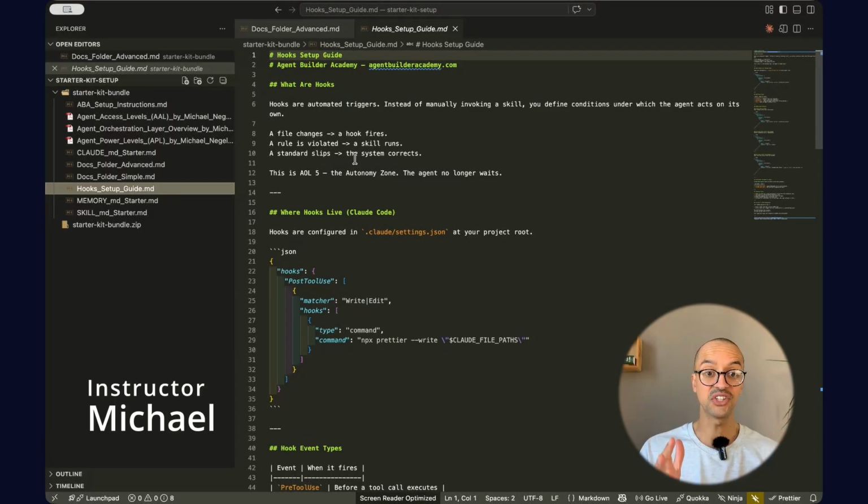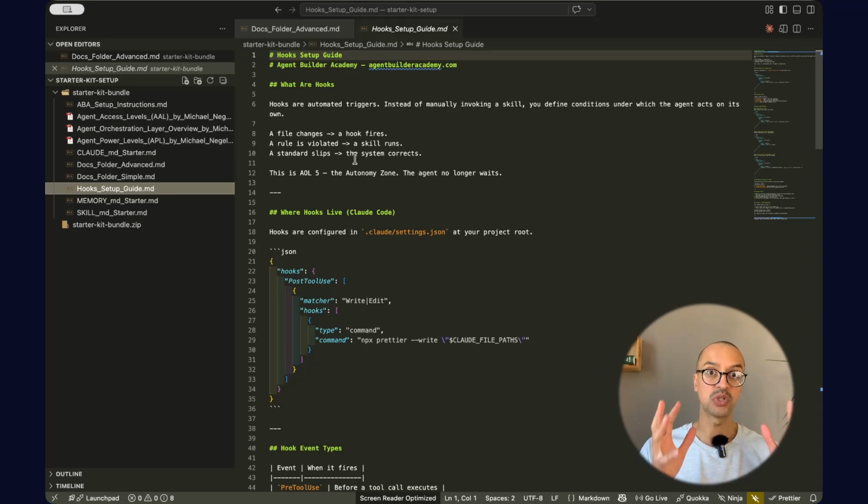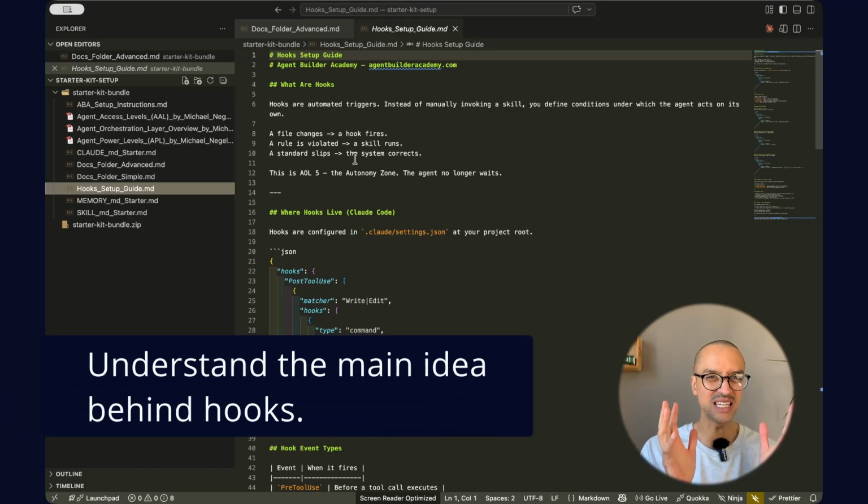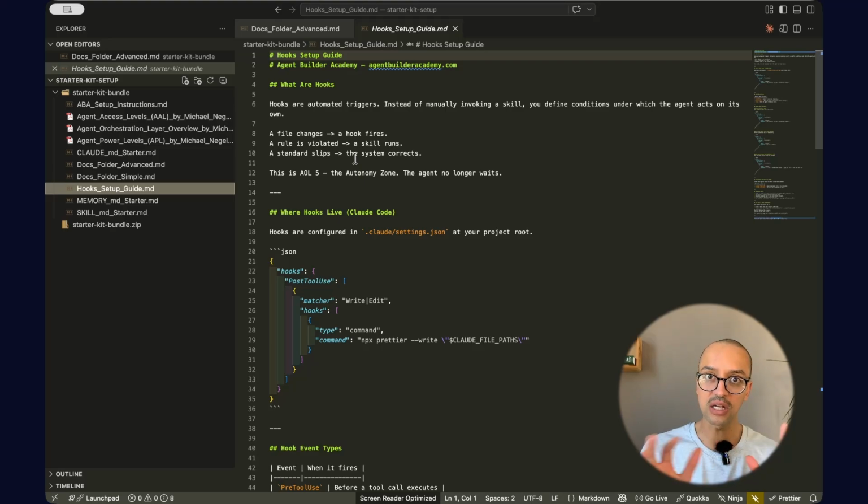All right, in this video, we have a look at the hooks. Now, again, in our case, we do not want to memorize stuff, but we need to have the overview. We need to understand the overview. This is not about you coding or anything like that. This is about understanding how we set those guardrails and we implement automations and we implement processes and